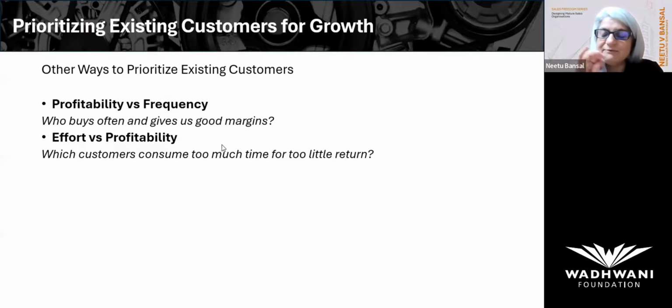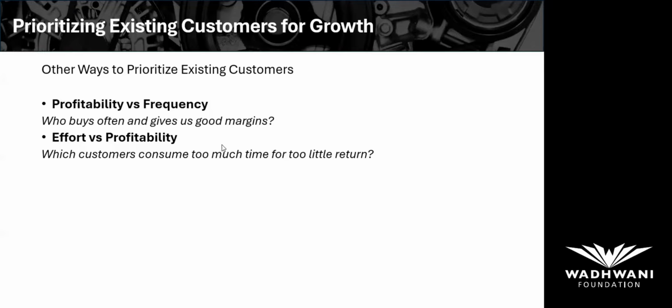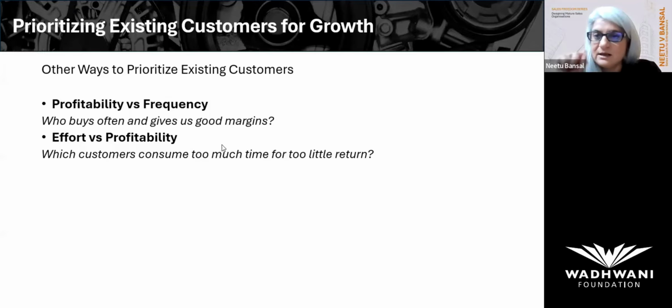So the moment we did the exercise, we realized what is category A for the sales team is not category A for the production team. So we said, hey, let's change this and make it effort versus profitability, so it becomes a universal measurement for the organization. It was like a major shift.